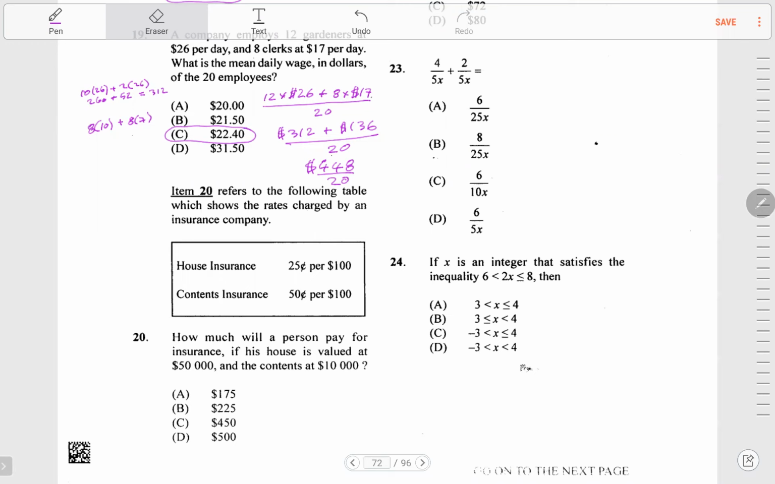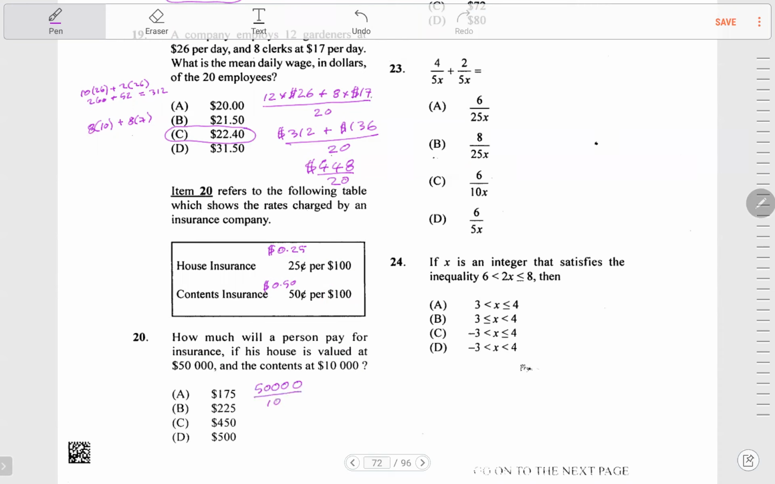All right. So multiple ways this can be done. You have to realize that the 25 cents is $0.25, and the 50 cents is $0.50. So you want to know how many $100 are in the 50,000, and you multiply each of them by the 0.25. And you want to know how many $100 are in the 10,000, and you multiply each of them by 0.5. So the total is going to be the house first, which is 50,000